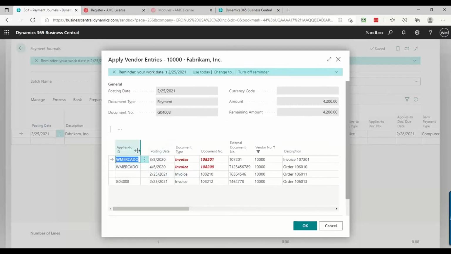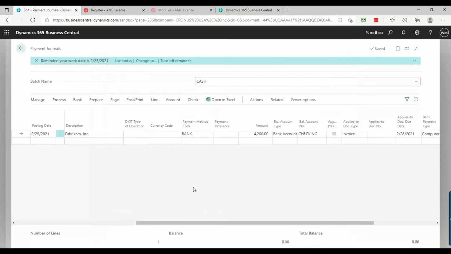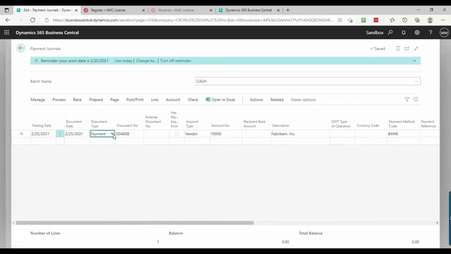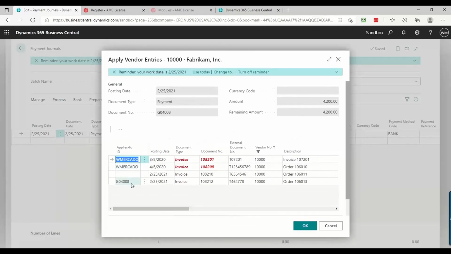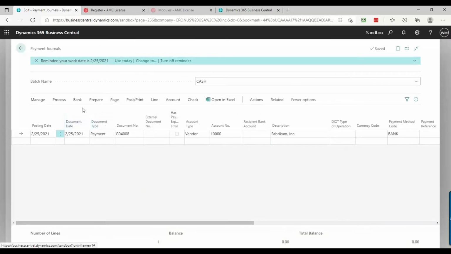Now in this case, I have some old information here, so that's why you're seeing this applies to information. But if I go back here to the journal document number, this one here, that's actually the one that's being applied to for this particular payment. So it's this one down here. This is some other stuff that I was working on. So if I were to post this,